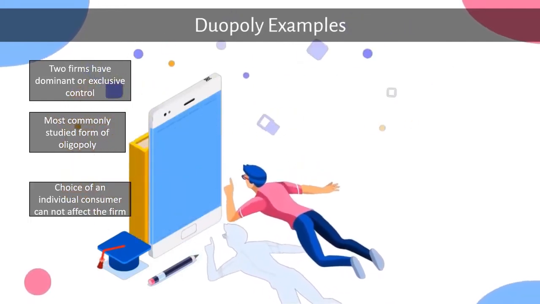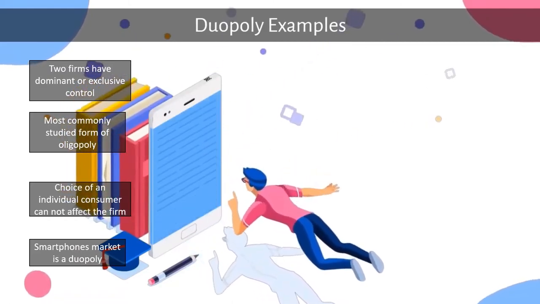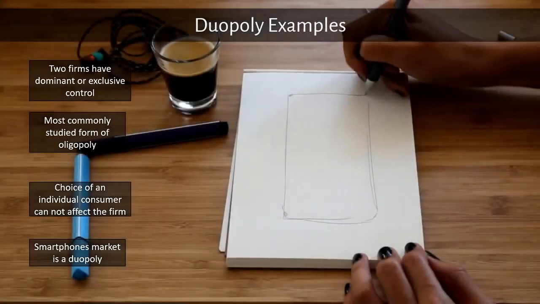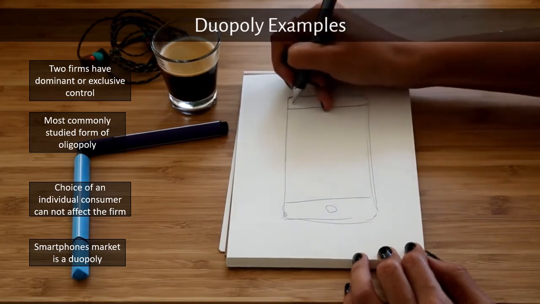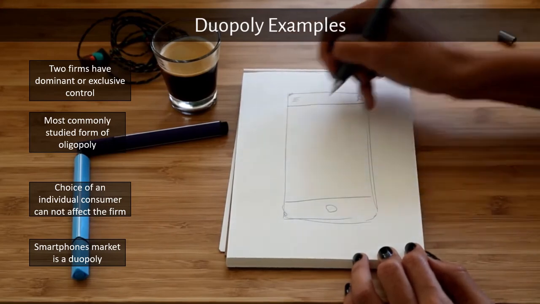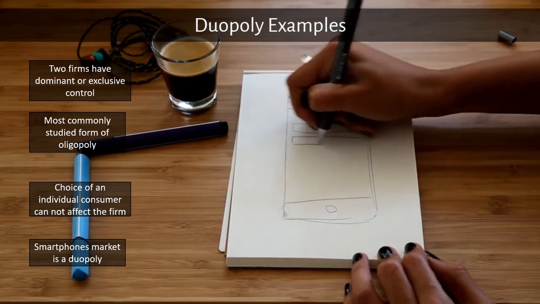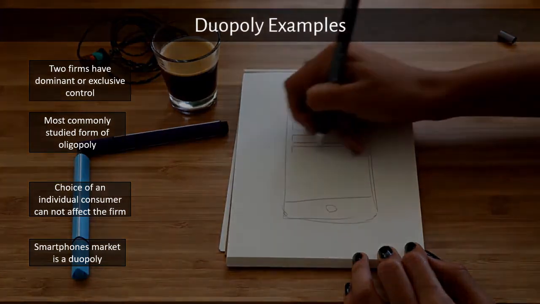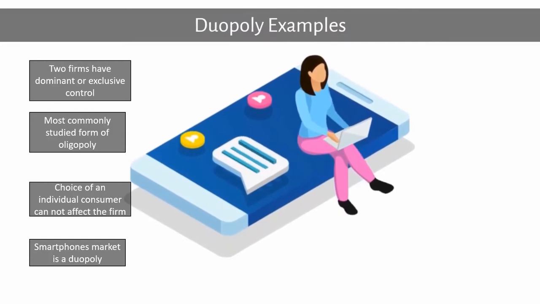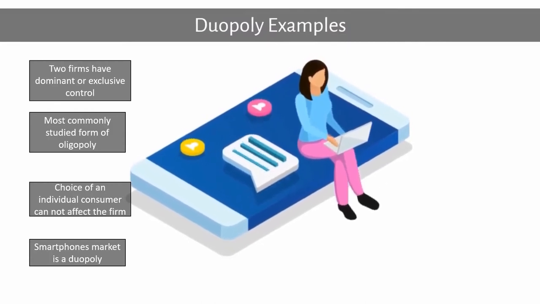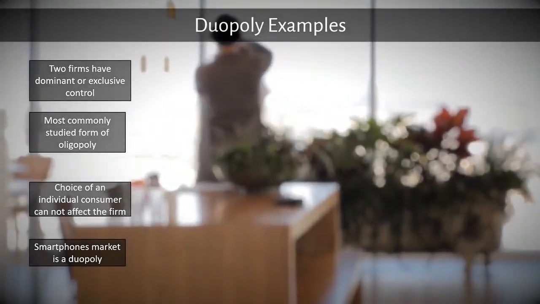For example, the smartphone market is a duopoly, with Apple on one side and Android dominating the sector on the other. So let's say you are a mobile phone manufacturer and you want to get your product out there. Now you're really good at making the phone, choosing the right camera, having a fantastic screen, creating everything that you need for a phone, but you still need software to make it run. From a software perspective, unless your company is called Apple, you basically have to go with Android. Of course, you can look at creating your own software, but that's very time-consuming and very expensive.